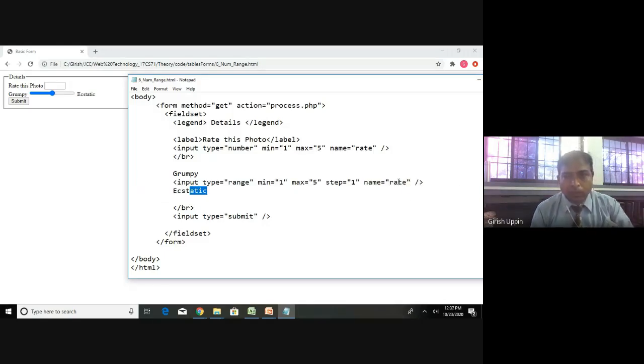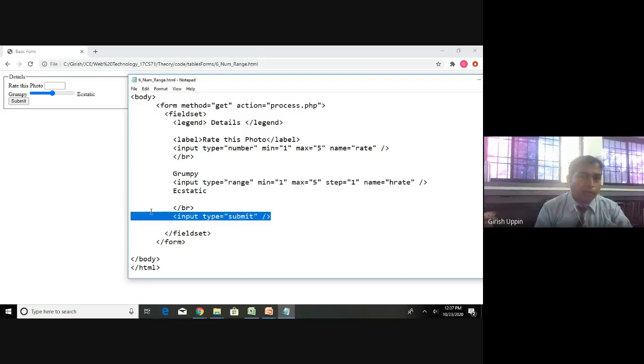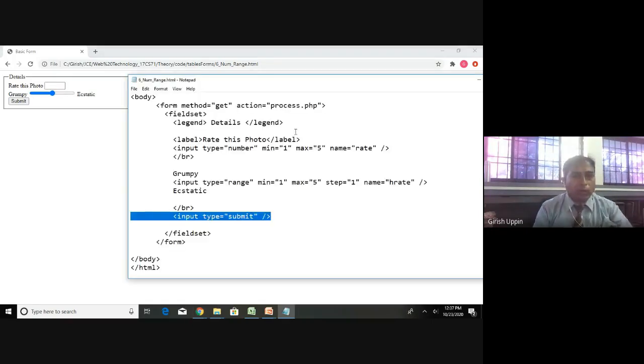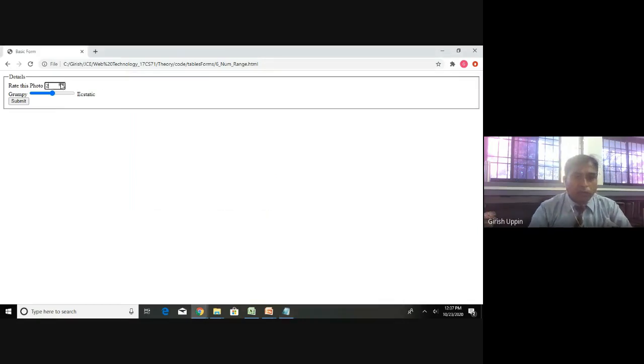If you want to change this, you will say h rate, happiness rate, we will say, and then br. So it will give a break, and I have an input button here. If I reload, this is how it will look. Let us say this particular value will take only between 1 and 5. Let us say I try to give the value 0 and try to submit. It says value must be greater than or equal to 1, so you cannot have 0 or less than that.